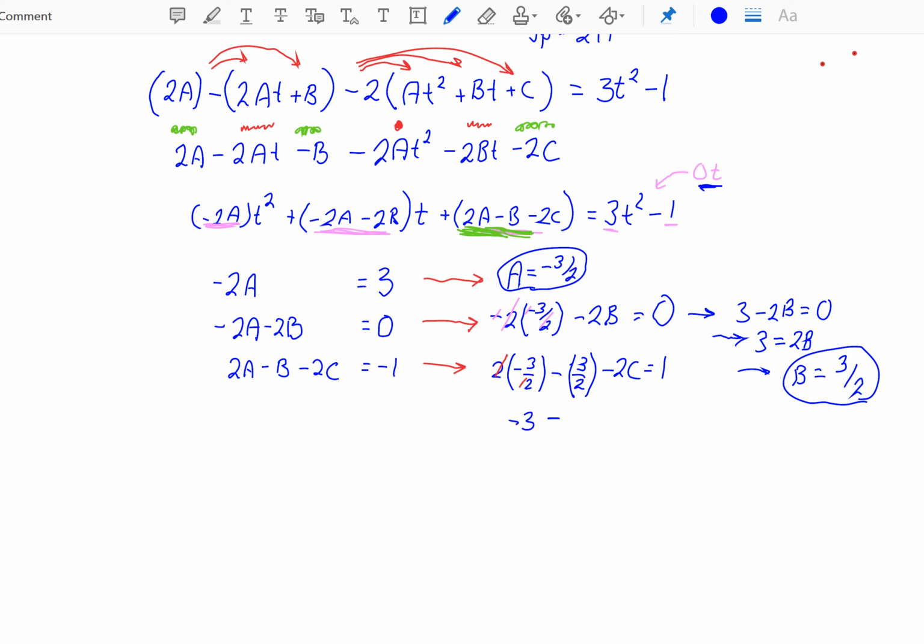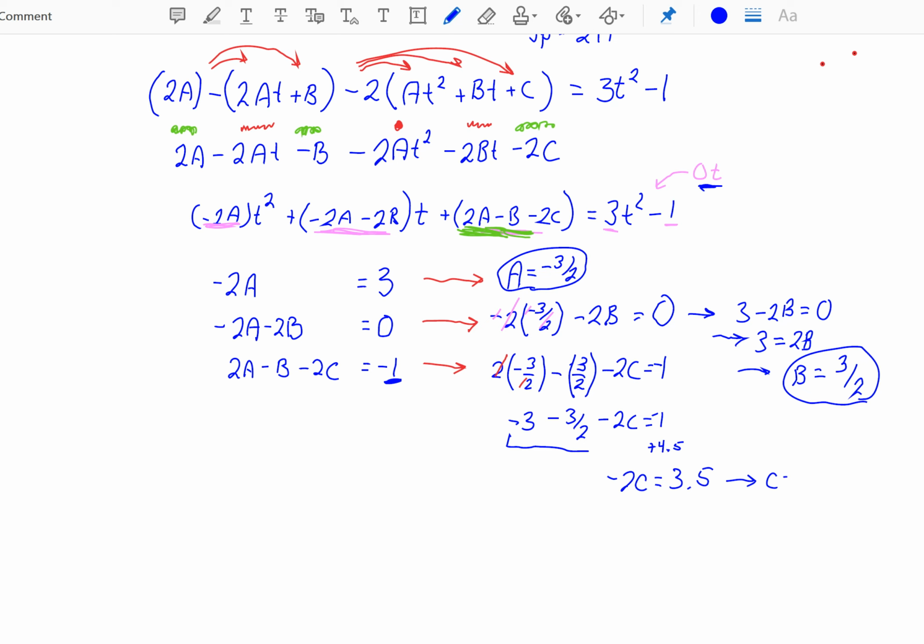negative 3 minus 3 halves minus 2c is equal to 1. If I combine these two terms, negative 3 minus 3 halves is negative 4.5. And I'm going to put that to the other side. So I'm going to add 4.5. I just noticed another typo. I said this was equal to negative 1, but I lost the negative sign here. So I think if I'm getting this right, I think this should say negative 2c is equal to 3.5,